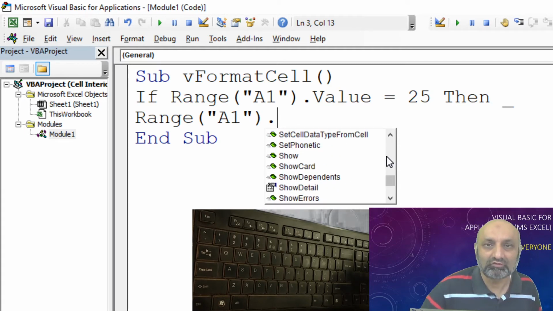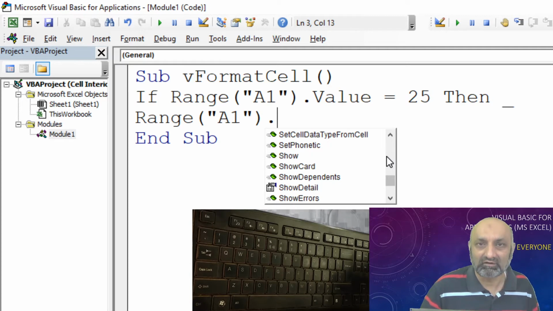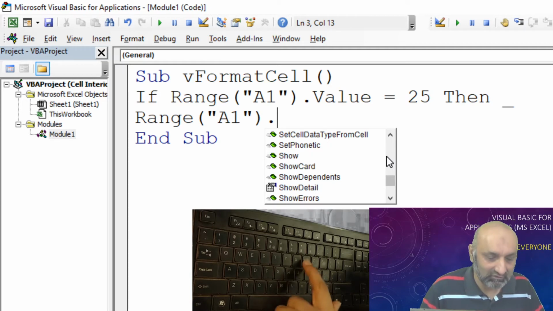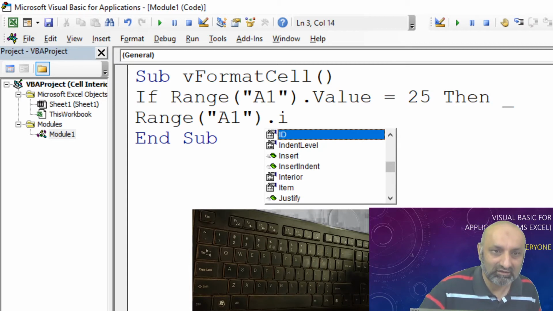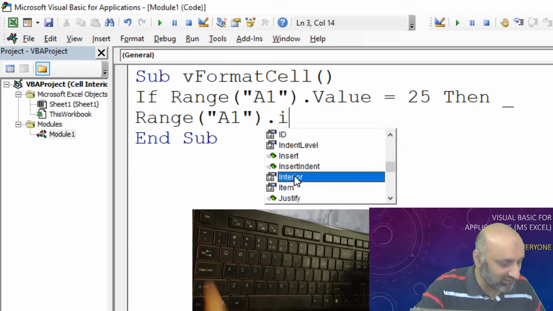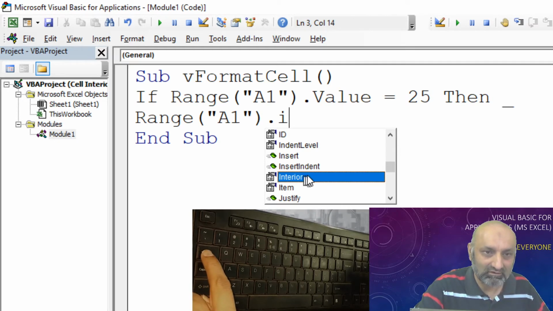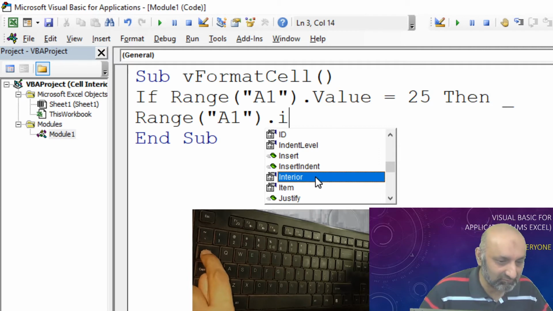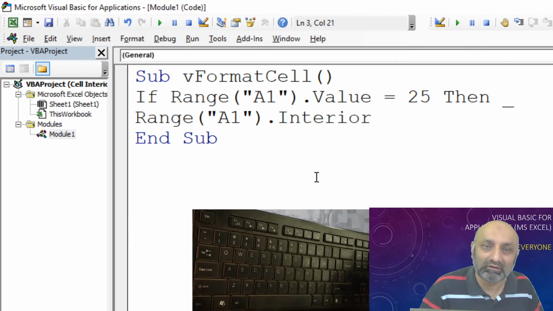What I want to do is change the background. It has to do something with the interior of the cell. So if I go down, I can find the interior command. I can press the tab key after clicking once on interior, and the word interior will appear.